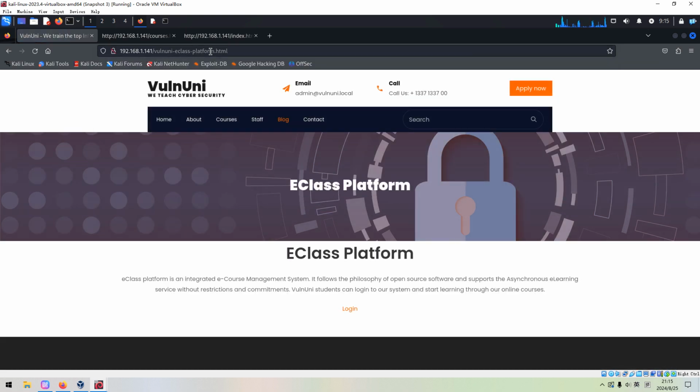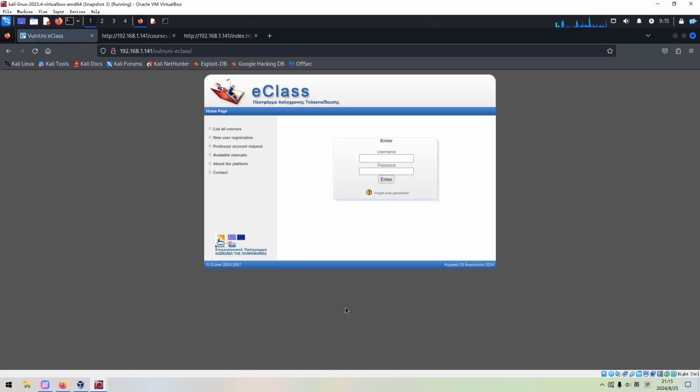All right. Although it looks like we got the same content, at the bottom you can find this link, and we can click it, and we are redirected to this e-class. This should be some sort of administrator's panel. Next, I think we can check whether we can use weak credentials like admin as username and admin as password. Enter. So, wrong username.